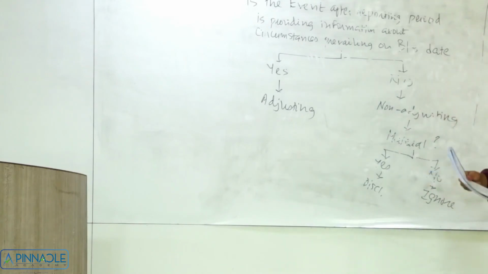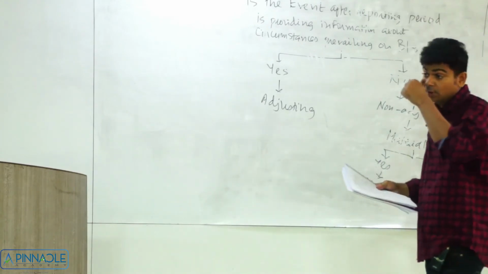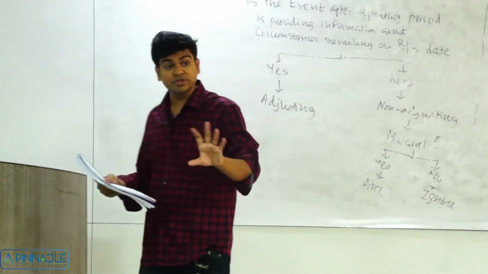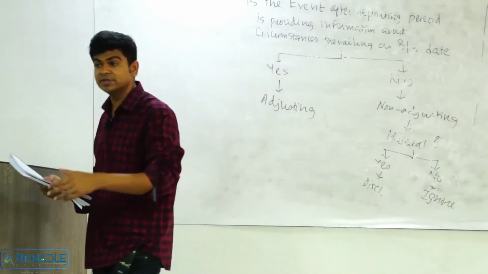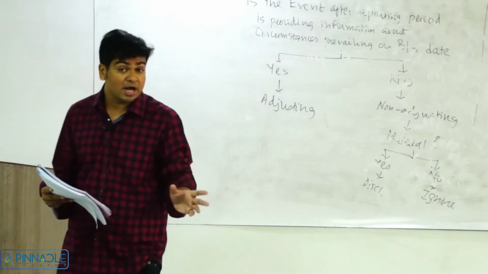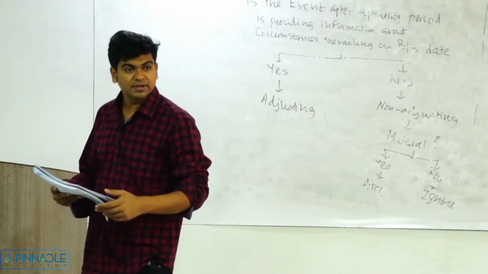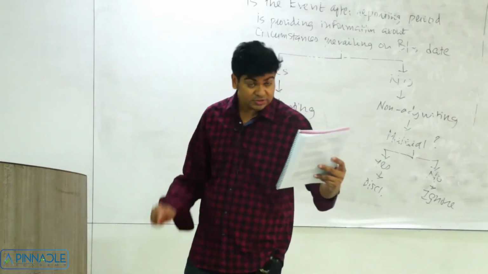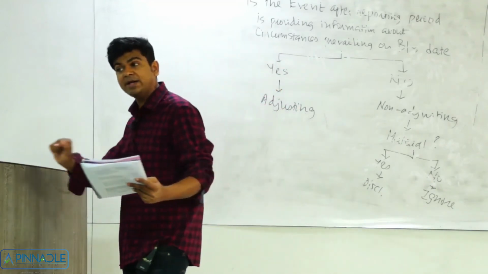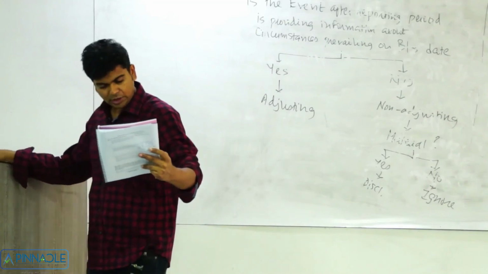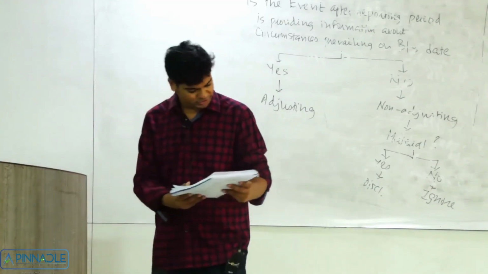But just think for a moment, let's say in the parliament session, when the budget is going to be discussed, at that time the government is also discussing that we are thinking of increasing the petrol price and all. That means on 31st March, you have some knowledge about it. Then this particular item will become an adjusting one, because now it is not unexpected. Now it is on expected lines. The way it is given, it will be non-adjusting.